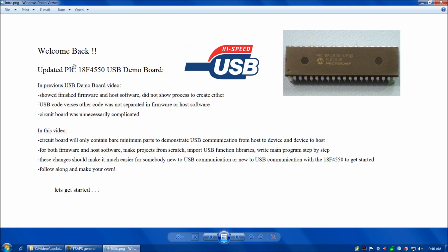Welcome back, everybody. In this video we're going to take a look at the updated PIC 18F4550 USB demo board. You might recall from the previous USB demo board video that we took a look at the finished firmware and host software, but we didn't actually go through the process to create either. And also the USB code for both the firmware and host software wasn't really separated out in terms of the USB functionality versus the rest of the program,